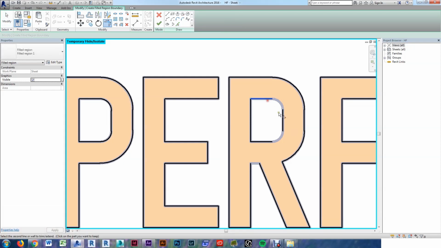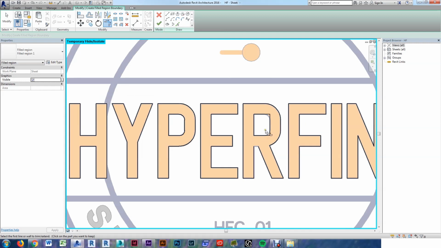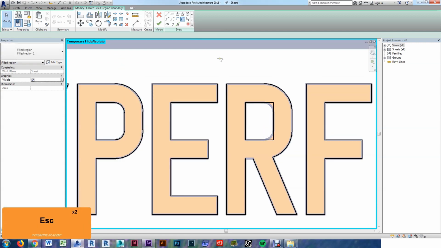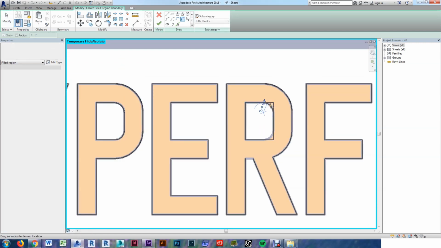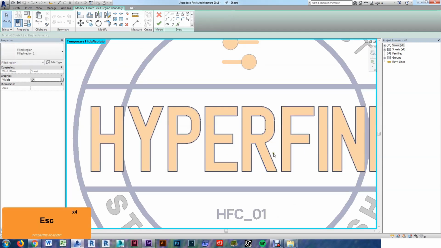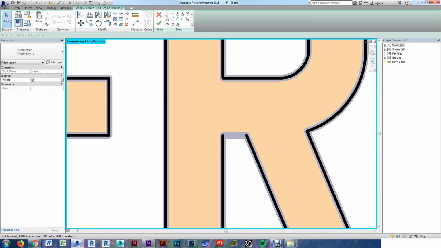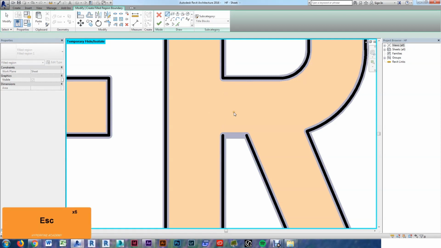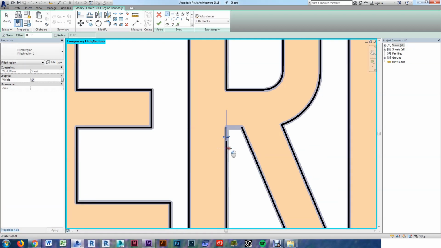So I had that problem twice with both the R's, or with the P and the R. And the other problem was down here at the bottom of the R. Like, that line is too small. You see, if I try to select it, it won't let me do it. If I try to draw it, it'll say it's too short. So what we're gonna have to do is draw the line down here,